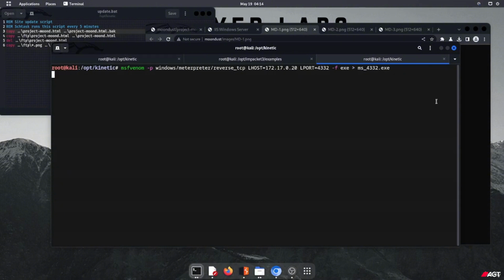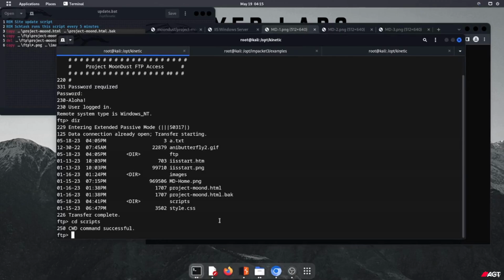Also here in this case, it's probably best practice to drop a web shell versus dropping a reverse shell, opening a whole other socket. We're going this route because there weren't any server-side language handlers like ASP, ASPX, PHP. Of course, we didn't show this in the video, but that's why we're rolling with a reverse shell versus web shell. And next we'll FTP back on as Pris, and then we're going to upload this reverse shell, so we